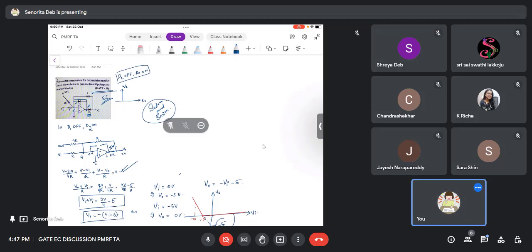Right, Sarah. The diode actually makes it half cycle. So if the diode is not present,